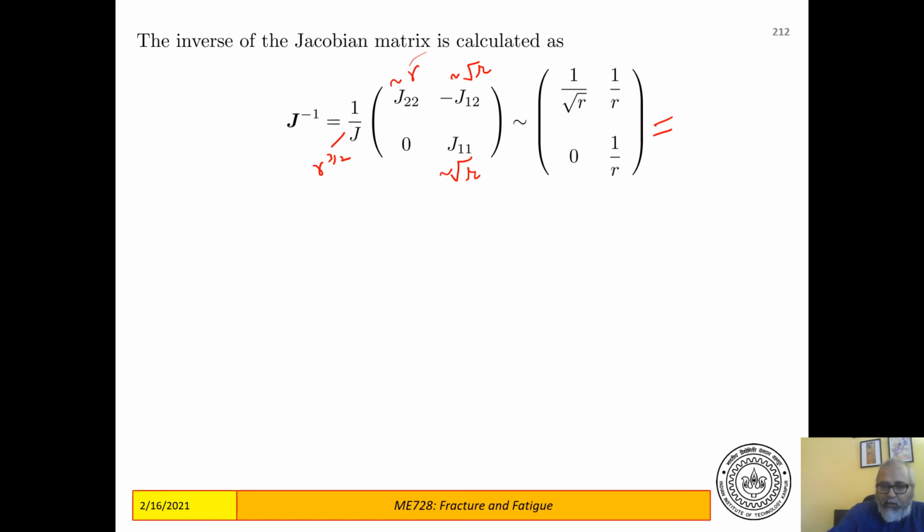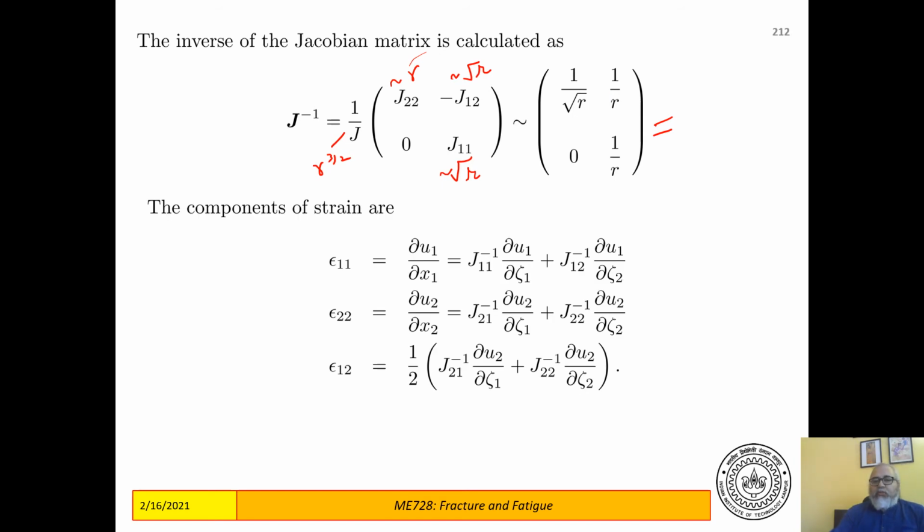Now comes the components of strain. The first component of strain, epsilon 1, is del u1 del x1. If you know isoparametric formulation, you would know that it is given by J11 inverse, that's this term, J21 inverse, and these derivatives which are calculated in the parent coordinate system. So these are derivatives of the shape functions. These require you to calculate the derivatives of the shape functions. So if you calculate the strains in this way,